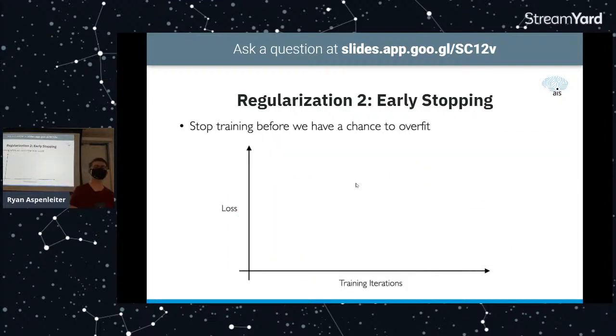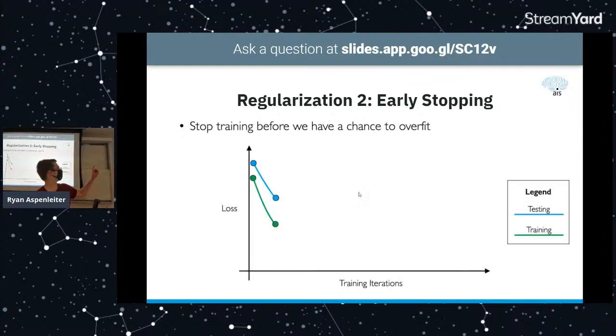Second option is early stopping. Let's just say you have a machine that's learning like this. You want to minimize loss. There's testing and there's training. The testing is just what you use to validate how well your machine is doing without using the testing data specifically for learning.